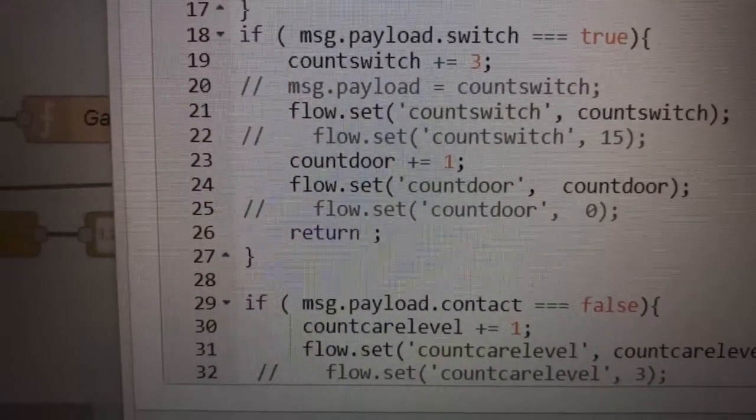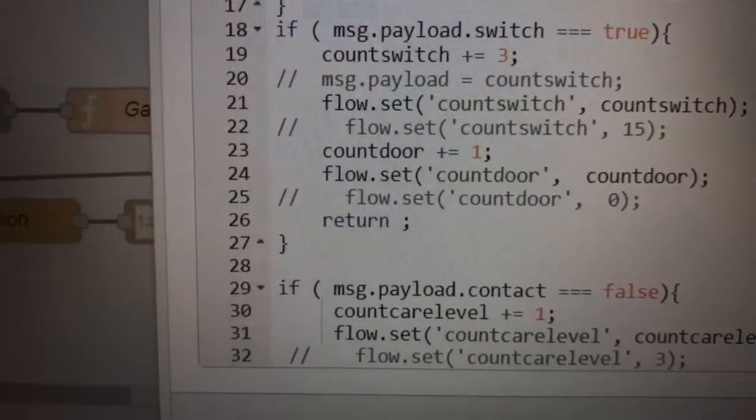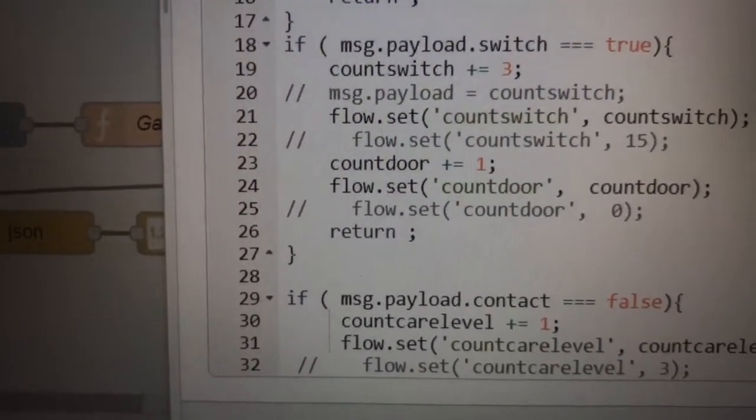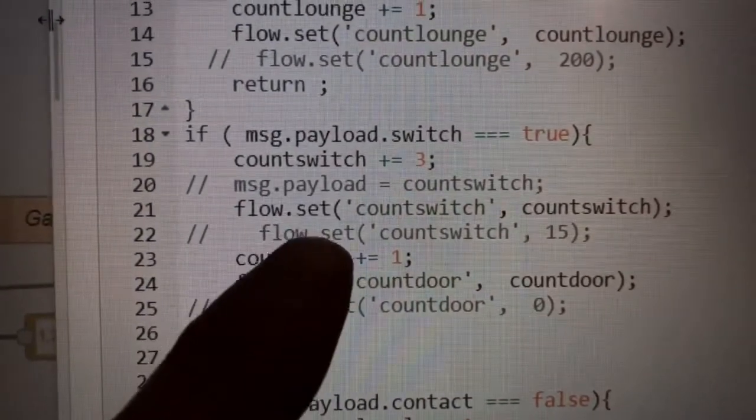So when the outlet is pressed one time, that's equivalent to going through the main door one time, open and close, but the fridge door three times. And then the other setting is I use a PIR movement sensor, and that is set